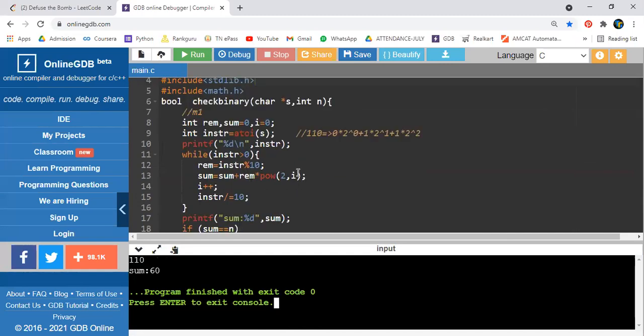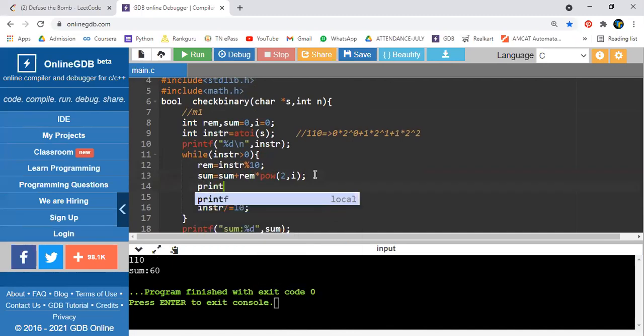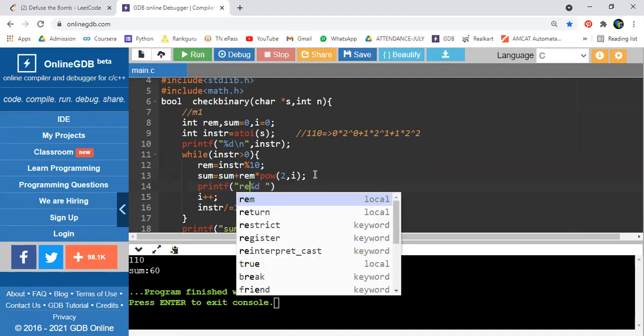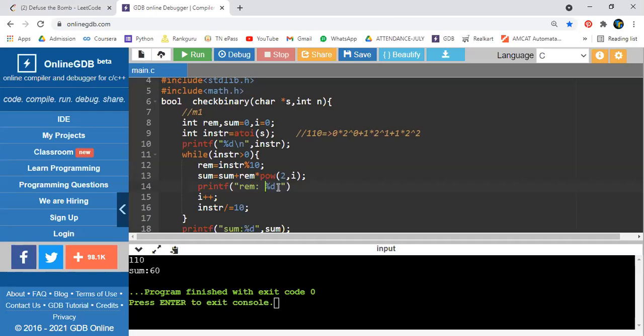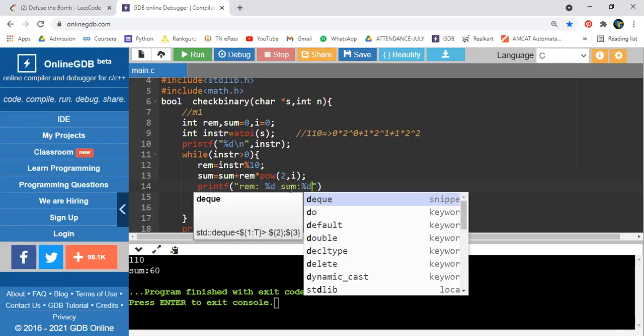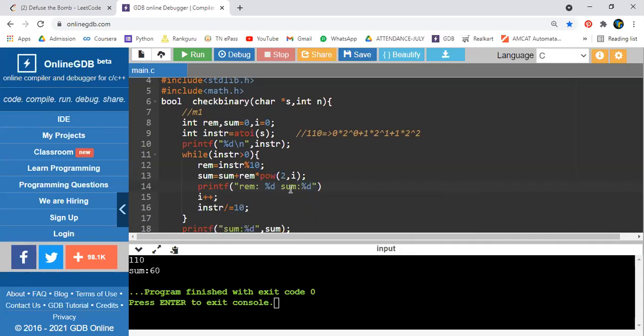So here inside this, we'll check it once, guys. Okay, just give me a minute. We'll check these values. If you have a breakpoint here, it will be fine. First we'll check the remainder value. What is the remainder value you're getting? And next, what is the sum value we are calculating for each and every step. So if it is clear, then everything will be fine. Remainder value followed by what is the sum calculated.